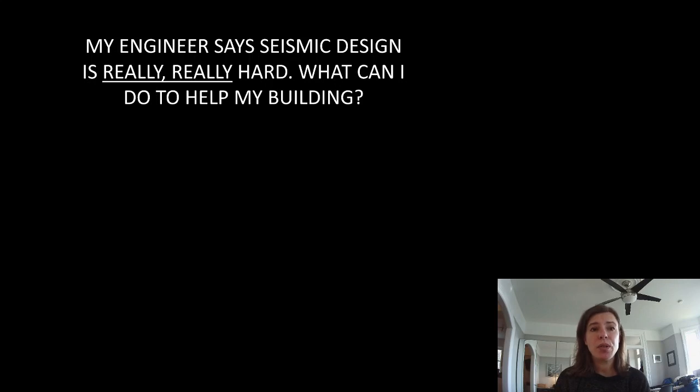Engineers who aren't used to doing seismic design think it is really, really hard, and it is really, really hard. It's almost a specialty field. Most offices will have their seismic expert or a few seismic experts. In places like New Zealand and BC and California, more of the office would be seismic experts, but usually still you have a team that reviews it,